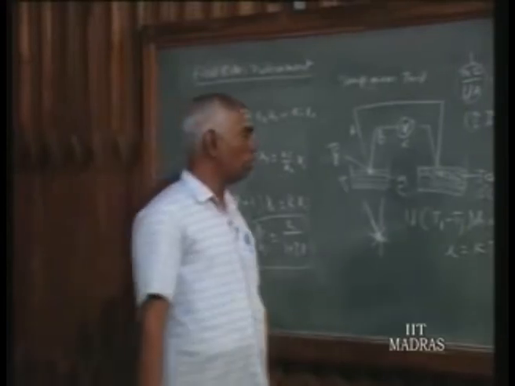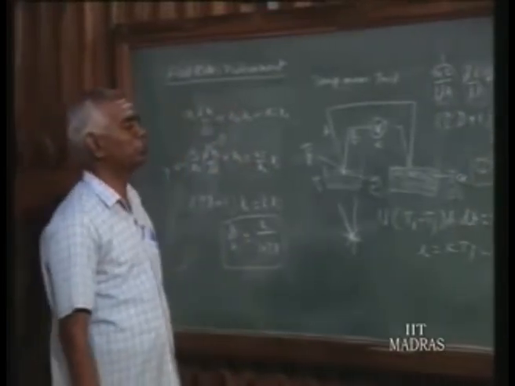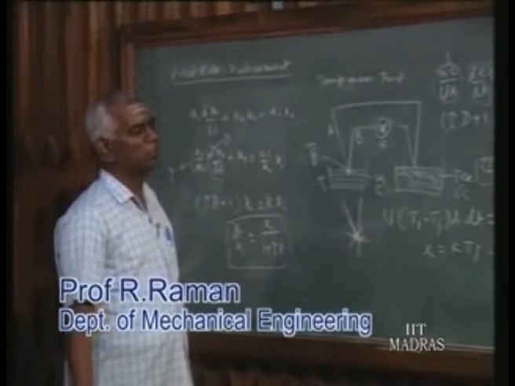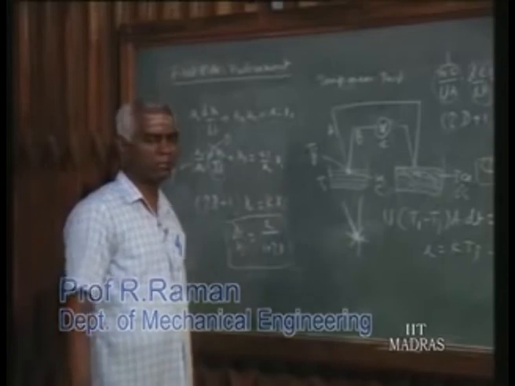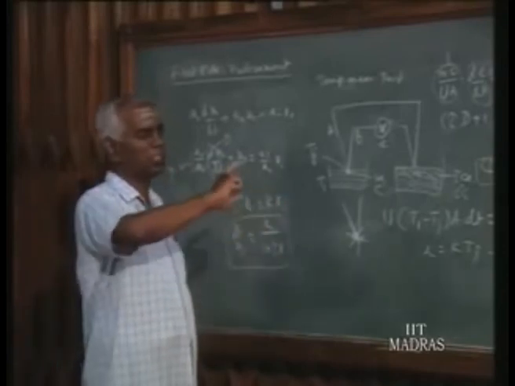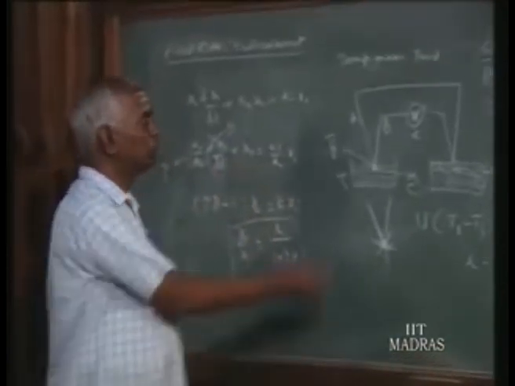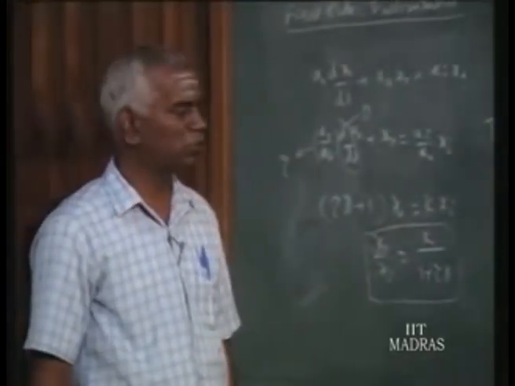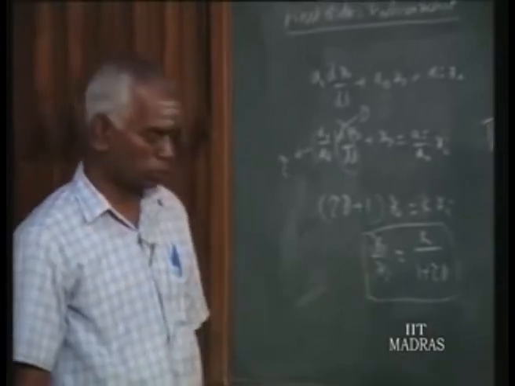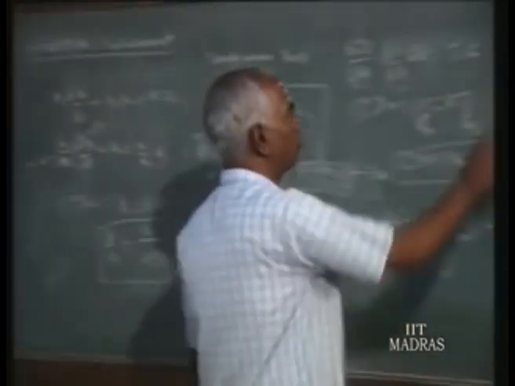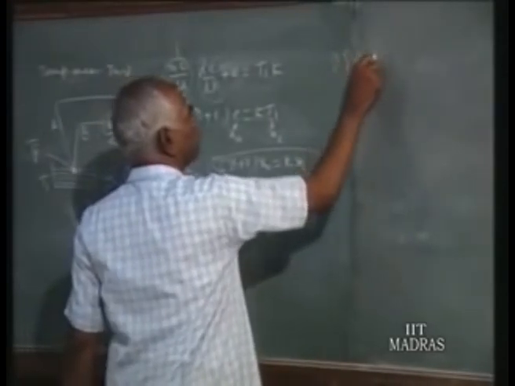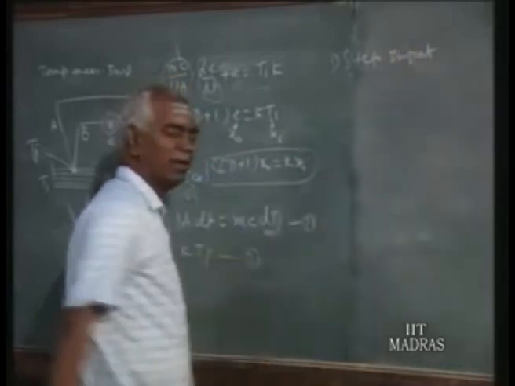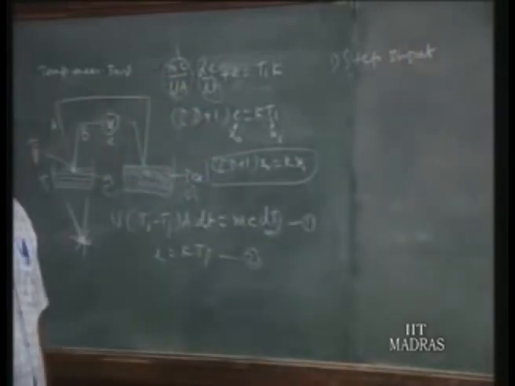Now, how does the first order instrument respond to a dynamic signal? How to find out? In the zero order system, we didn't have any such problem because there is no time lag and proportionality is maintained always. But in first order and second order instruments, to understand the behavior of these instruments, we should give some standard input. The first such standard input is called step input. That is, we suddenly give that input all of a sudden and watch how the instrument is behaving.